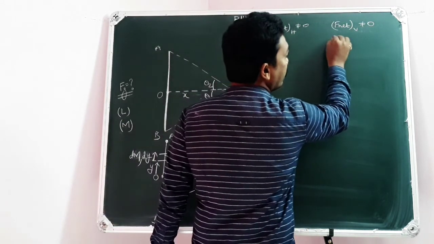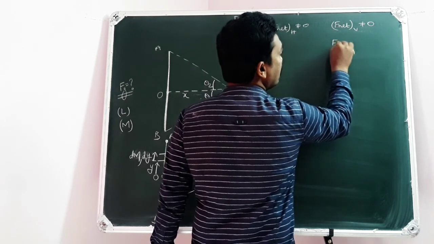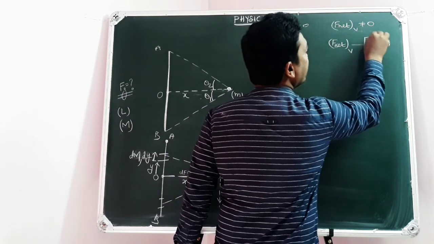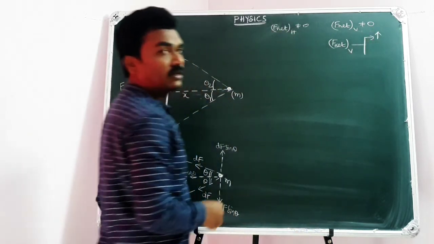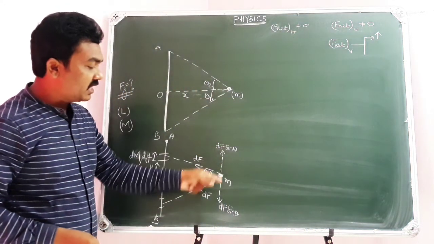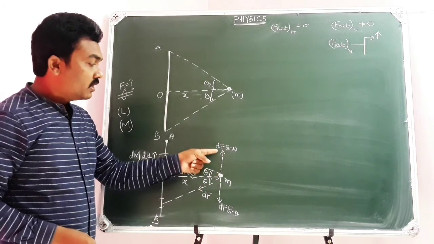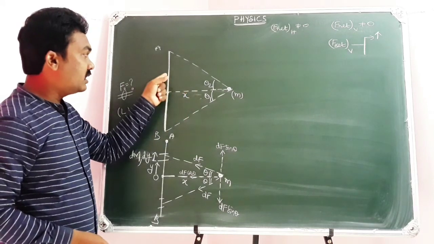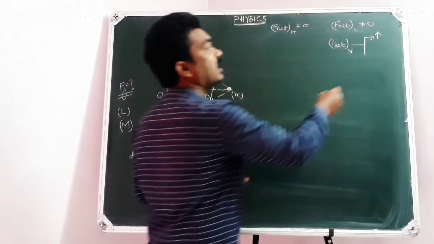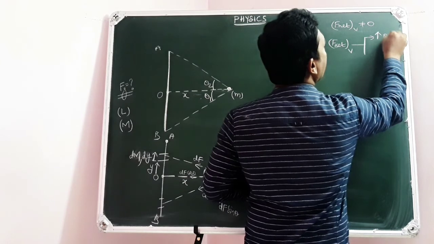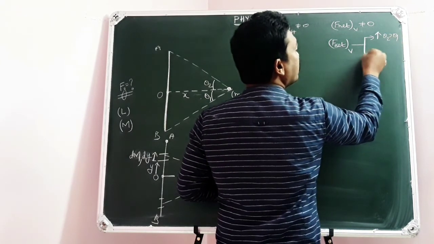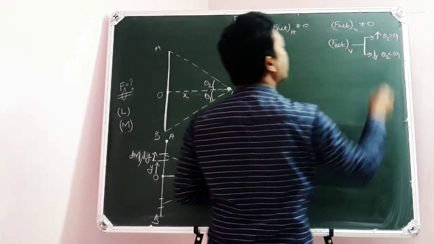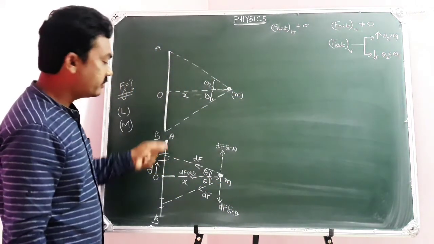This net force in the vertical direction will be in the upward direction when this dF sin theta is more, when the number of components in the upper region is more, meaning if theta 2 is greater than theta 1. But the net force is vertically downwards when theta 2 is less than theta 1, based on the number of components.